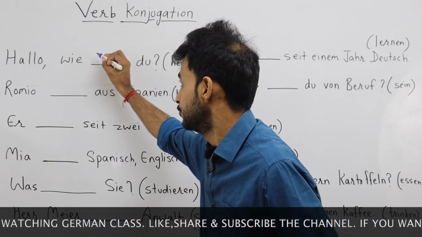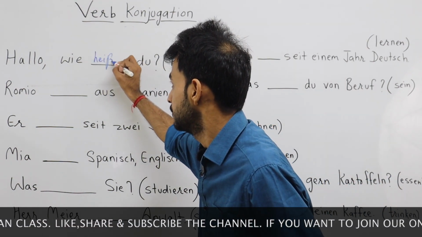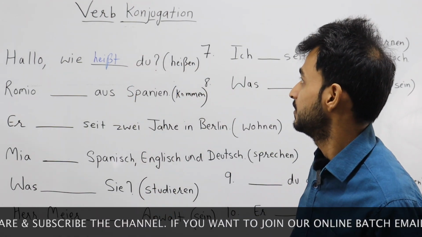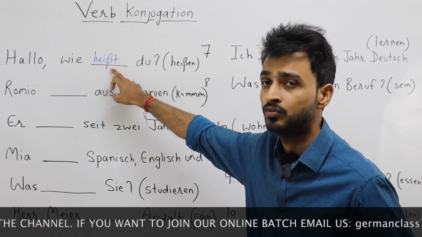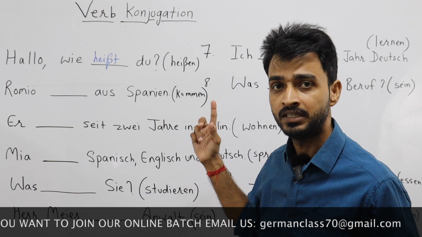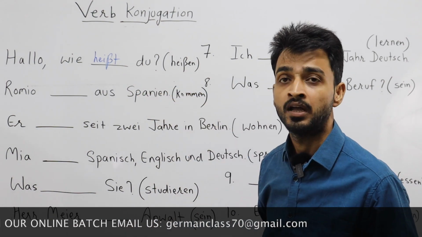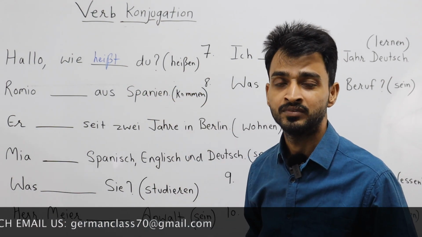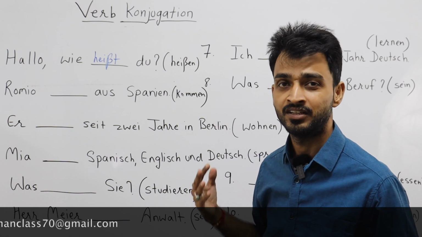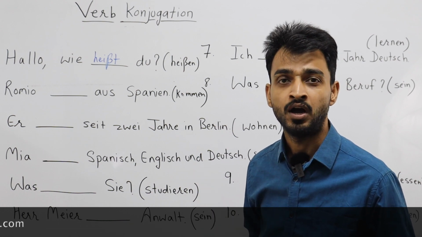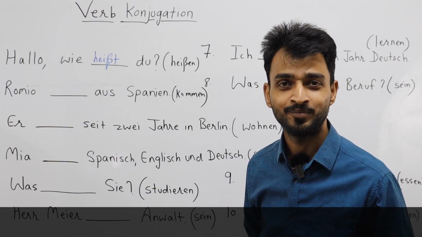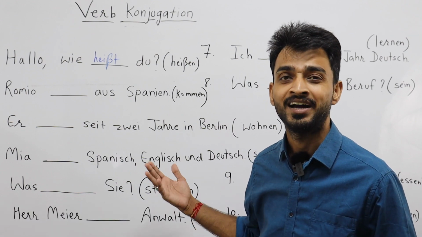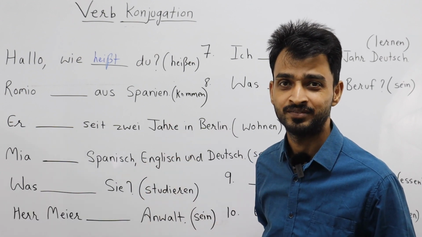We heißt du. You know, with du we use st, since it is already s set, so we don't write an extra s, only t. We heißt du. Hello, how are you called? In German, we ask the name like this. Hello, how are you called? Or what is your name? But we use wie heißt du in a formal question.